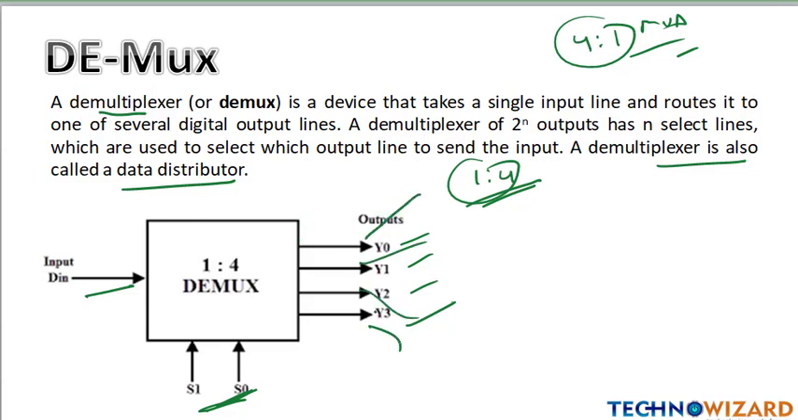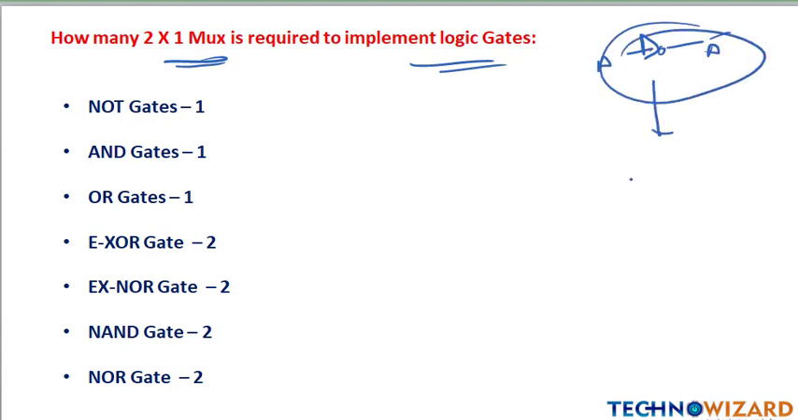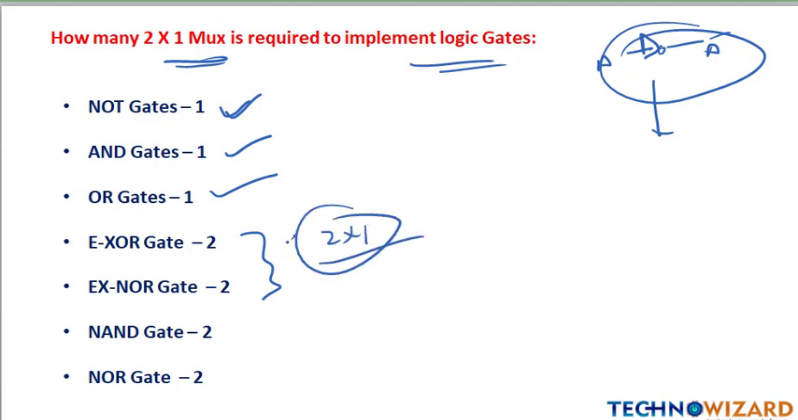Okay, now we will come to our code converters. Before this, a very important question is there: how many 2x1 mux are required to implement a logic gate? Suppose we have to implement a NOT gate, that is A and A bar, through a 2x1 mux. Then only 1 mux is required. For AND gate 1 mux is required, for OR gate 1 mux is required, for XOR and XNOR gate we have 2. 2x1 2 mux will be required to implement XOR and XNOR gate, and for NAND and NOR gate